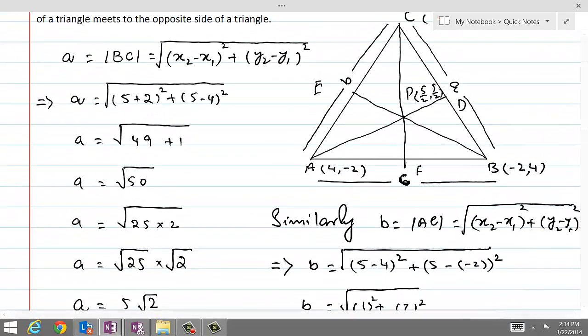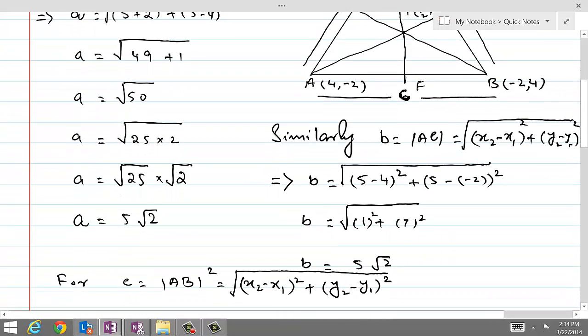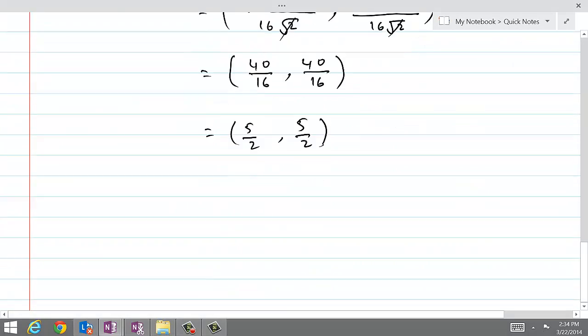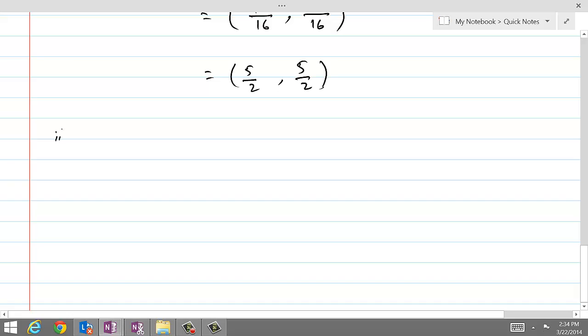Let's say we call this point F, which is the point where the angle bisector coming from C meets the side AB, and we will find out the coordinates for F. So for the second part, F divides the join of AB in ratio